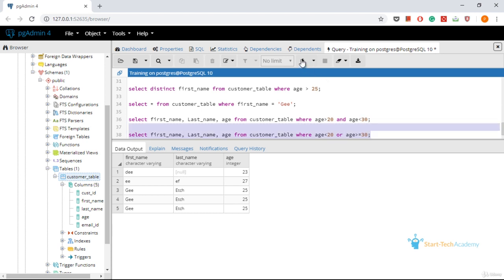Let's run this. You can see all the customers who have age less than 20 or age more than 30 have been retrieved. These are the other 5 rows of the table.